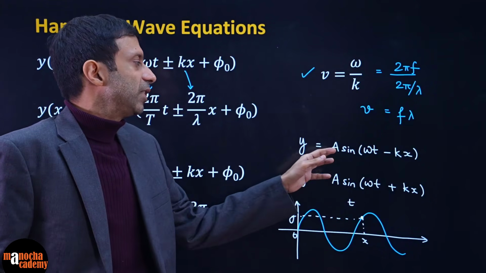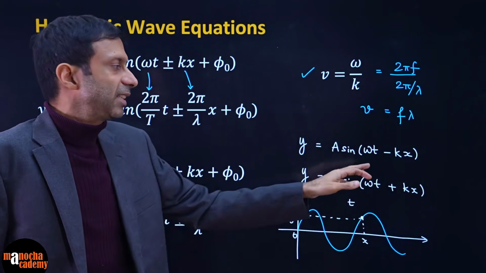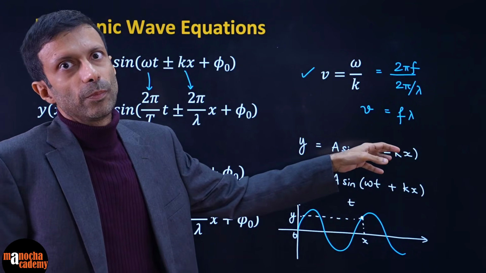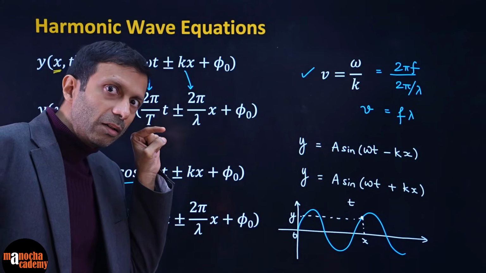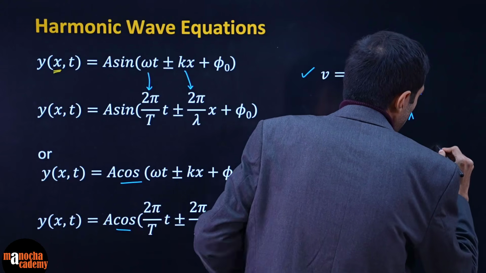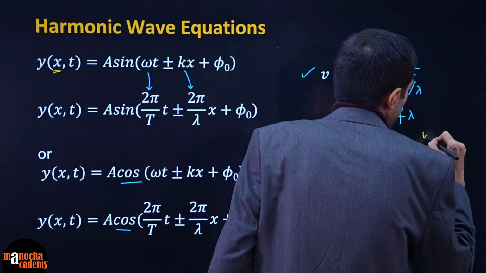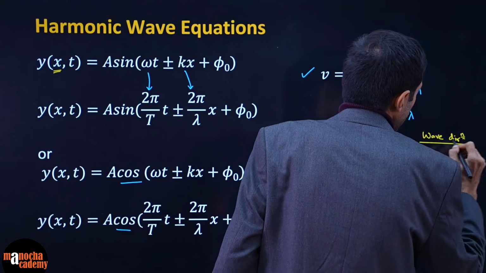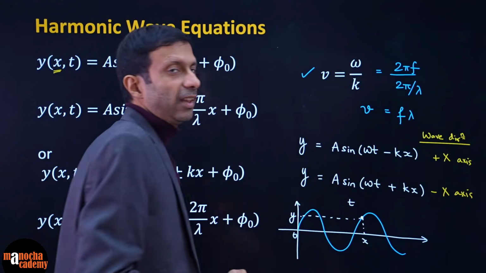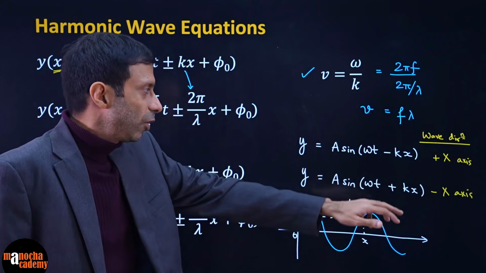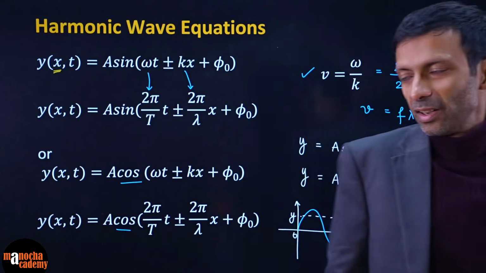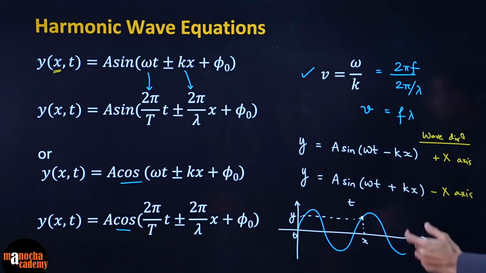So when you have this difference, a sine omega t minus kx and a sine omega t plus kx, what is the difference here? Minus kx tells you that the wave is propagating in the positive x direction. So whenever you have this, that means wave along... I can put the heading here, wave direction. So this will be positive x-axis. When you have a minus sign, that means the wave is along the positive x-axis. When you have a positive sign, it's in the opposite direction, negative x-axis. Okay? And this is x because the variable is x.